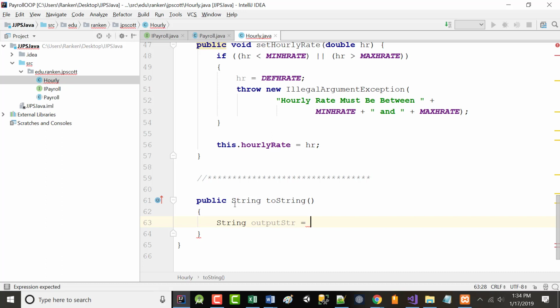So I'm going to come in here and I'm going to put in this. It equals hourly payroll object. Okay. Yeah, just for the hell of it, we'll put a \n at the beginning, just in case. It shouldn't need that, but that's fine. All right.